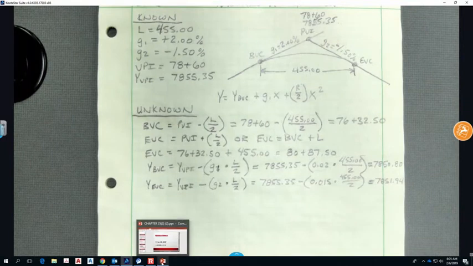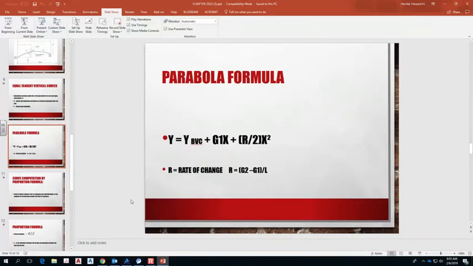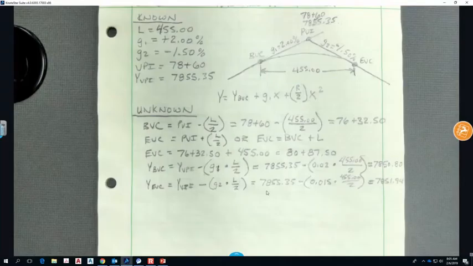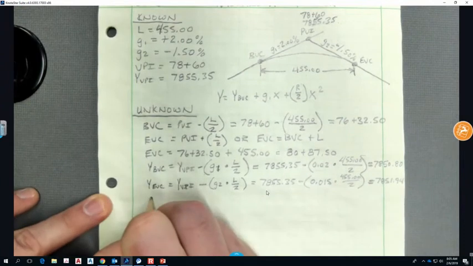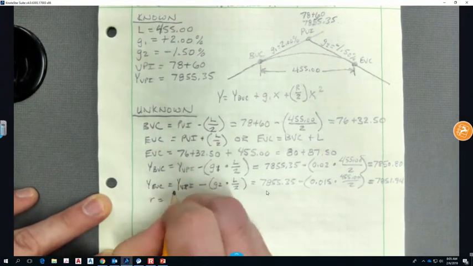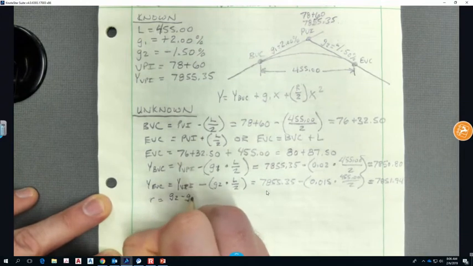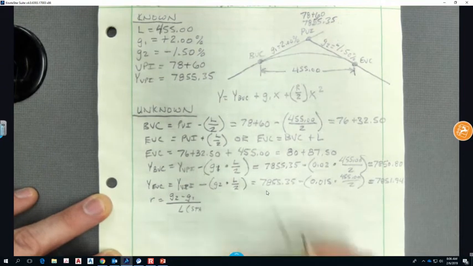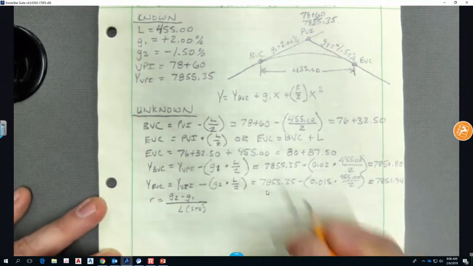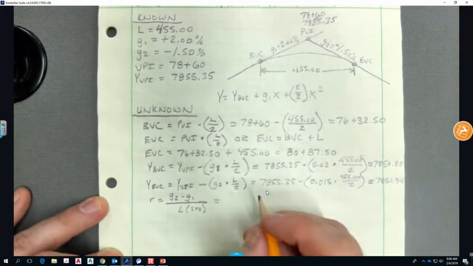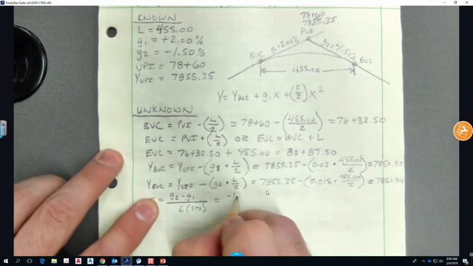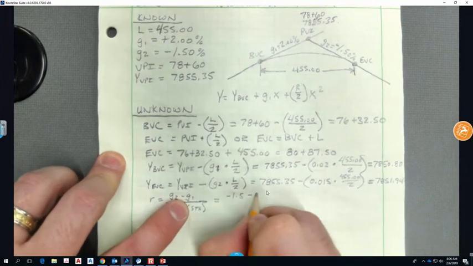one more formula that I haven't put up on the board yet, and that's the rate of change formula here. Okay? This rate of change formula is the next thing we have to figure out. It's one of our unknowns. Okay? So the rate of change formula is R equals G2 minus G1 over L, and L is in stations. Okay? So for R, our G2 is a negative 1.5 minus G1, which is 2.0,